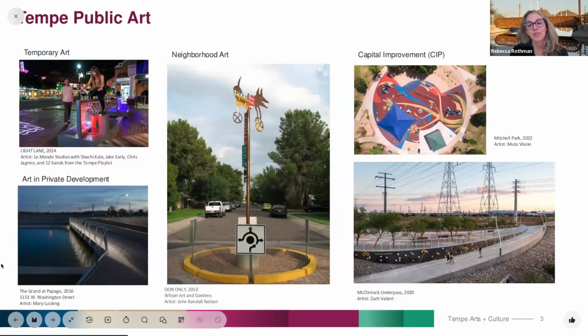We also work with the Community Development and Economic Development team on their Art and Private Development Ordinance, which requires commercial development